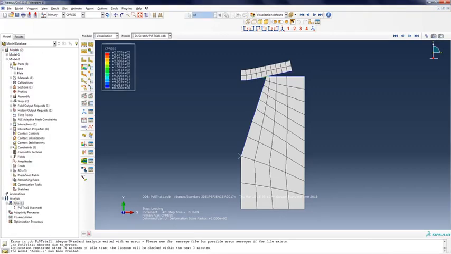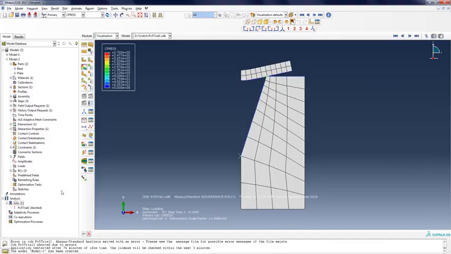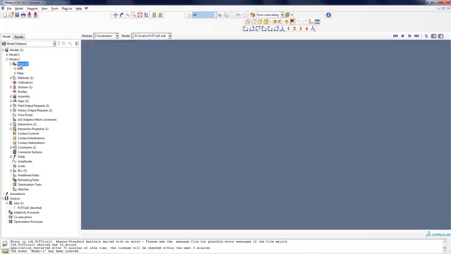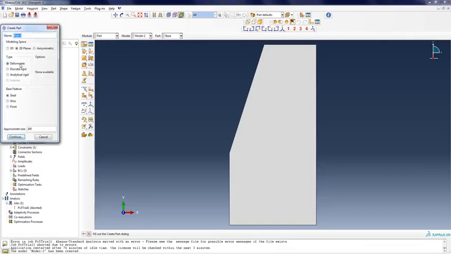Now let's go to the part. Since we now need to model the round loading tip, we have to create a separate part. So we first create the new part, which is the indenter. 2D, also we make it deformable, and then as we've done with the base, we change it to rigid later.